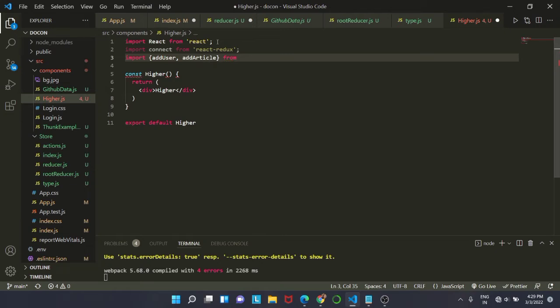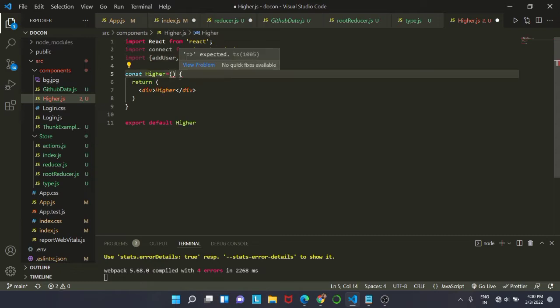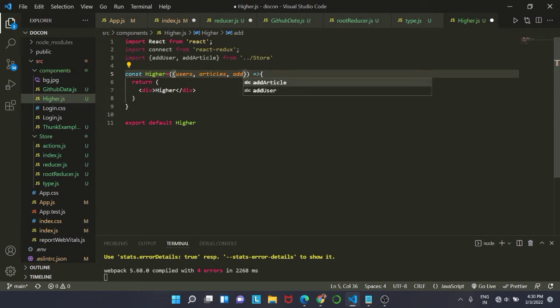A reducer is simply a function, so when using higher order functions, we apply the same pattern to our reducer and it becomes a higher order reducer. We will convert the higher into a function using our arrow function, so we will edit that. We will add 4 parameters inside higher. So our parameters are users, articles, add user and add articles. So these are the 4 parameters that we will pass inside it,